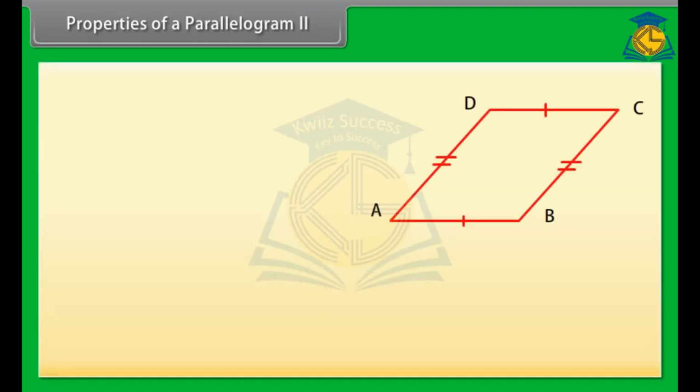Properties of a parallelogram 2. Now we know that a diagonal divides the parallelogram into two congruent